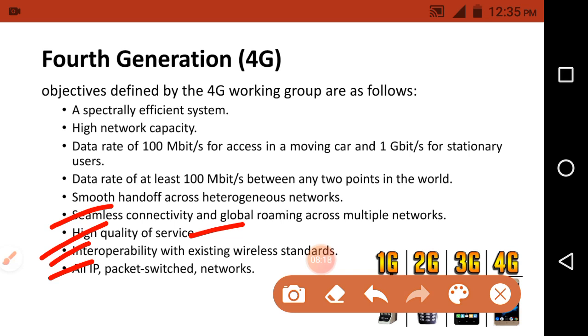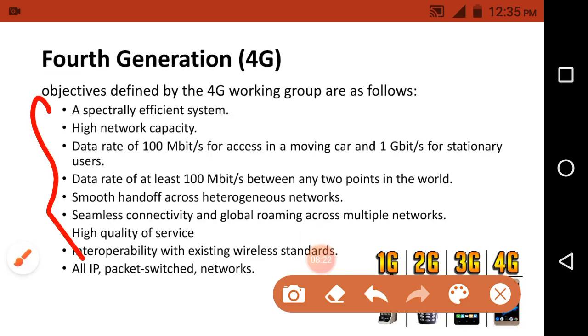Okay, so these are the objectives of 4G technology: efficient utilization of bandwidth, and capacity, so the network can handle the load at any given time. The data speed in a moving car and the data speed for a stationary user are higher compared to 3G technology. The minimum data rate is 100 megabits per second.